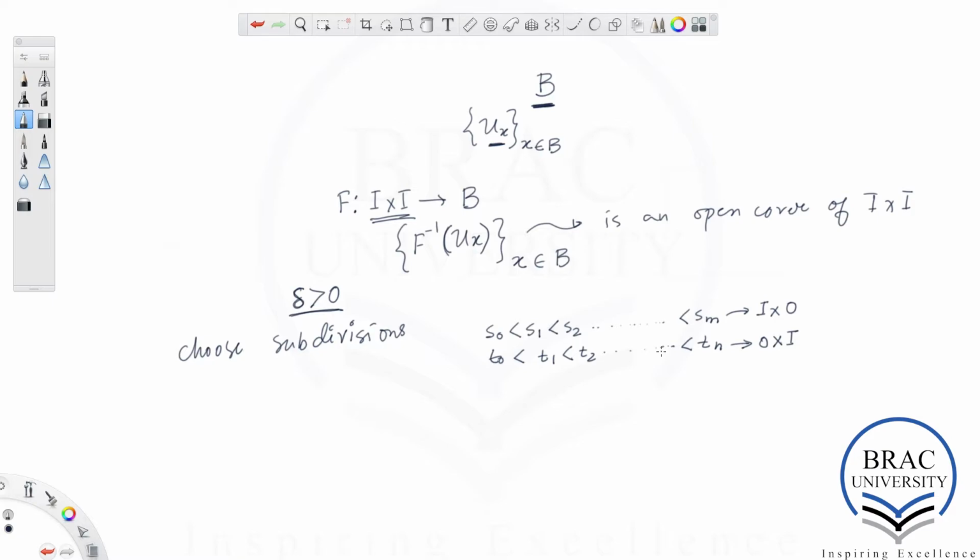And we choose the subdivisions of I fine enough such that for each rectangle